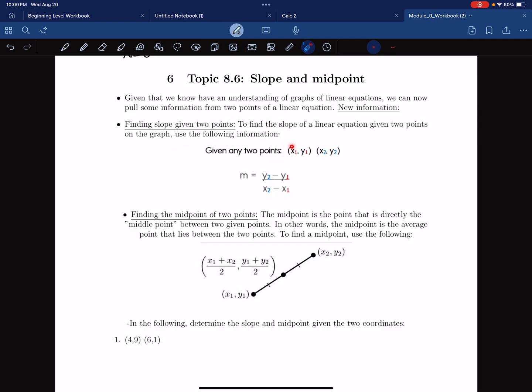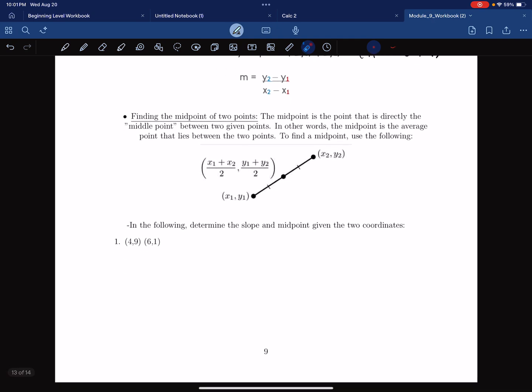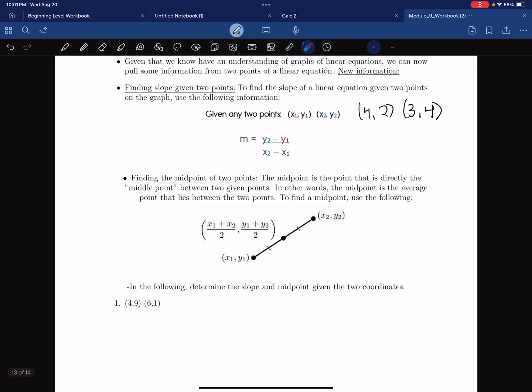So let's say we have a point x1, y1, and x2, y2. We can plug in these values into this formula here. So let's say we have the points 4, 2, and 3, 4. If we were to plug in these points into this equation, we would get out the slope of a linear equation. And then, given the same 2 points, we can use this midpoint formula, which is the midpoint is